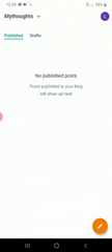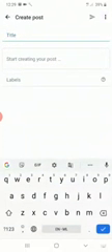Now we can see My Thoughts, our blog which we have created, is appearing on the screen, but there is no published post. Let us see how to create a post. You can see in the bottom right corner there is an orange circle with a pen. Click on that. This will help you to create the post.